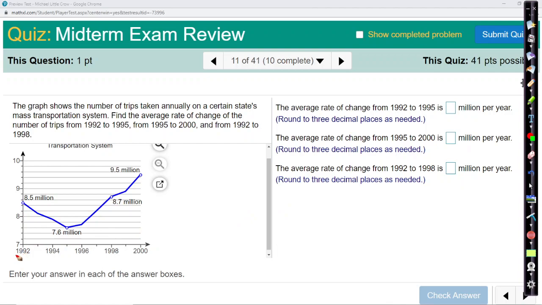This point is 1992, 8.5 is our million, and then 1995 is right here, and this is our y value. So y2 minus y1. In 1992, we had 8.5, and we can see it's a decrease, so hopefully we end up with a negative answer. And we get 1995,